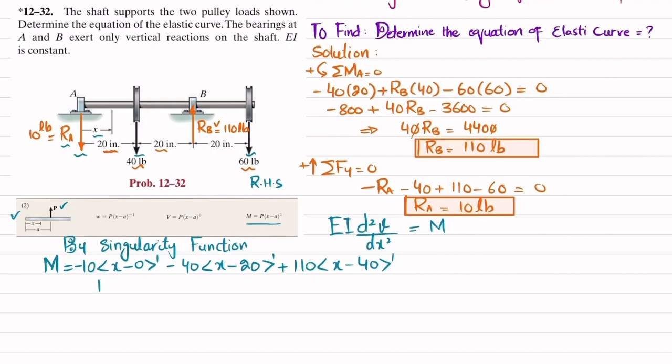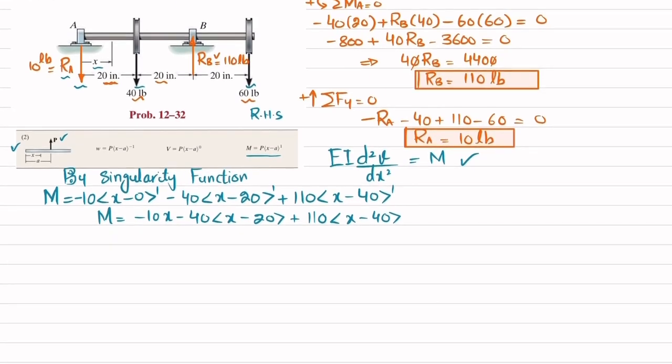So the moment function will be equal to minus 10 into x minus 40 into x minus 20 plus 110 into x minus 40. Now you can put it in this formula, so you will get EI into d square V